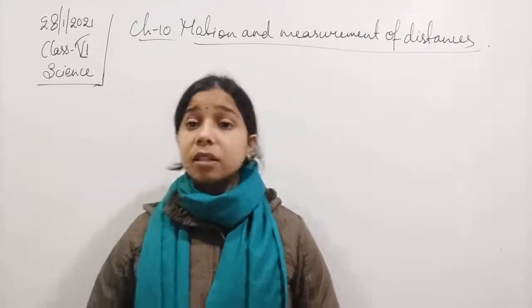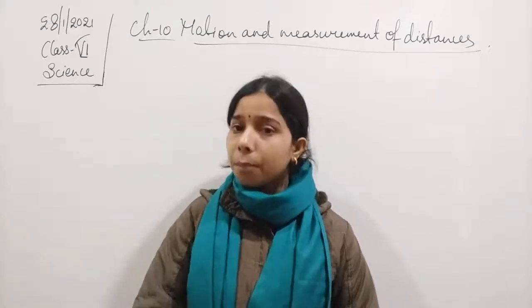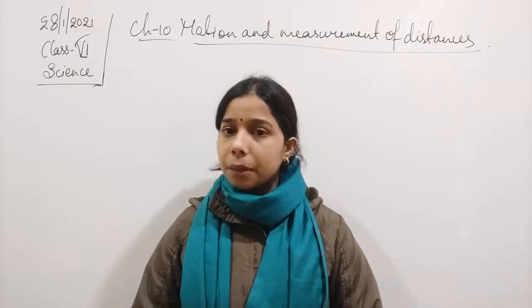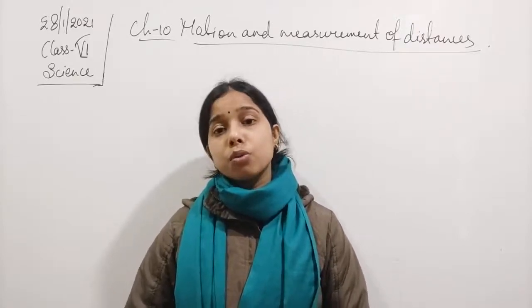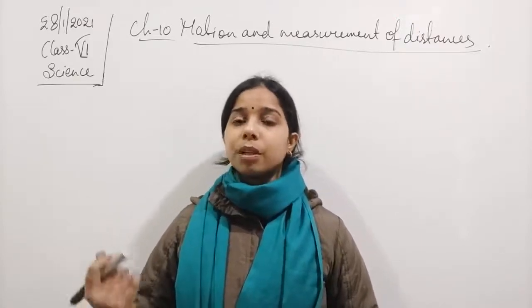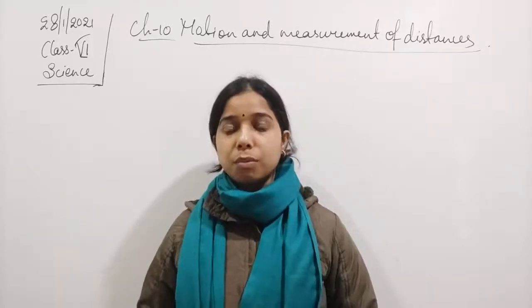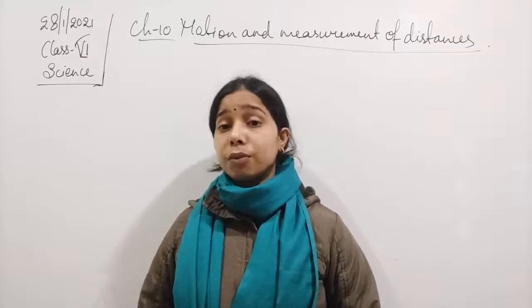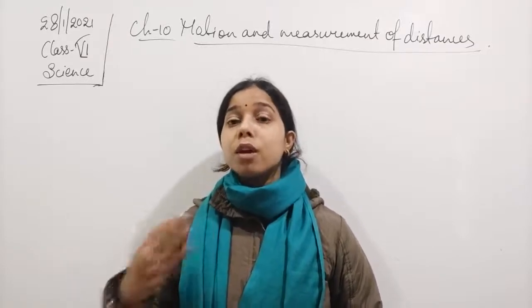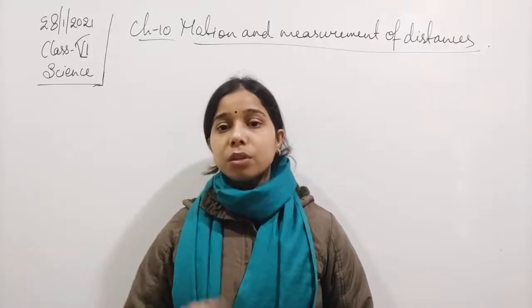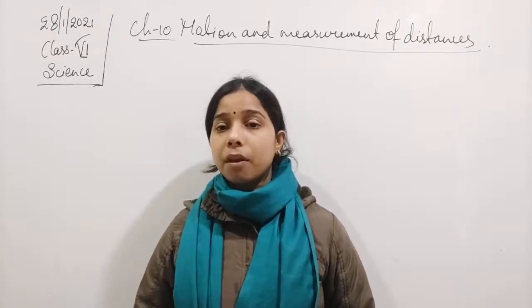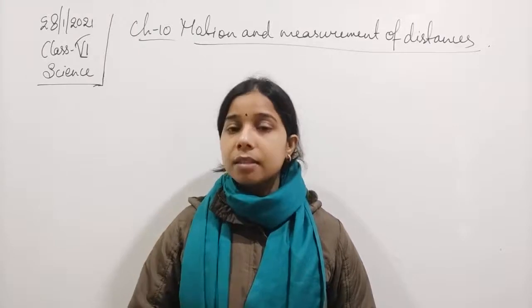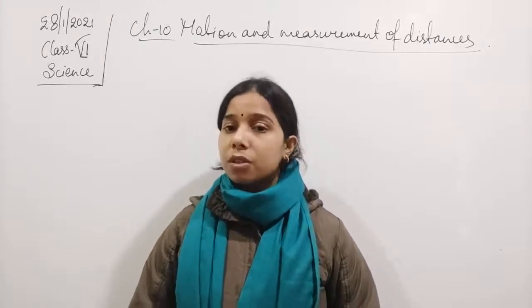We have seen different examples, including the simple pendulum. We understood in the last class what a simple pendulum is and how it shows periodic motion. We have also seen examples like a musical instrument which moves to and fro. Back and forth, to and fro motion is an example of periodic motion, and if it is moving on its own axis, that is rotational motion.